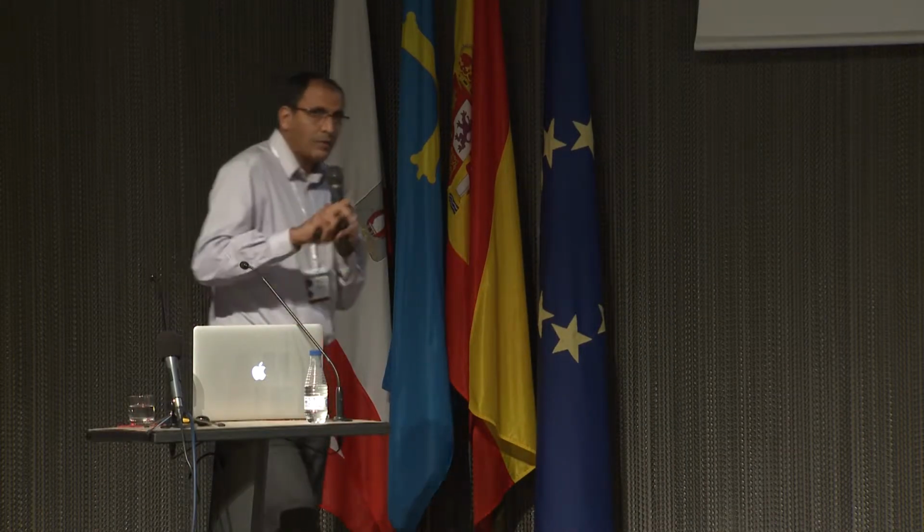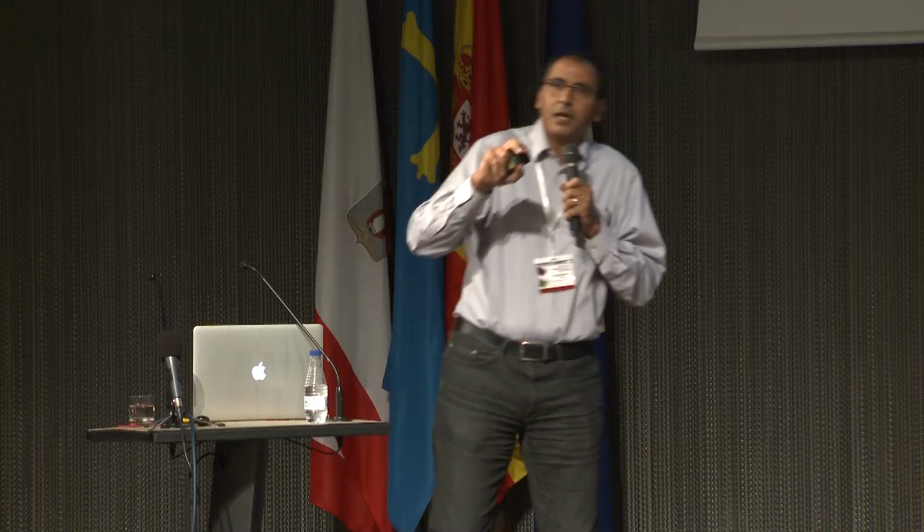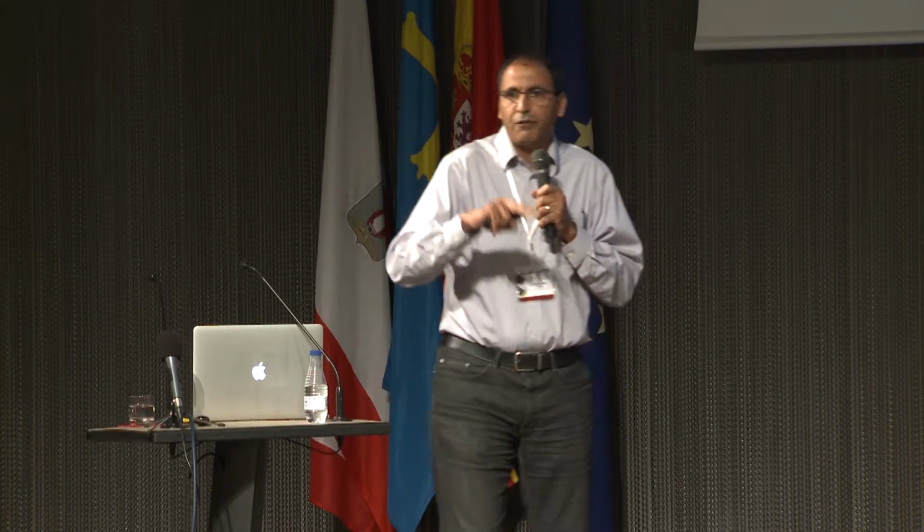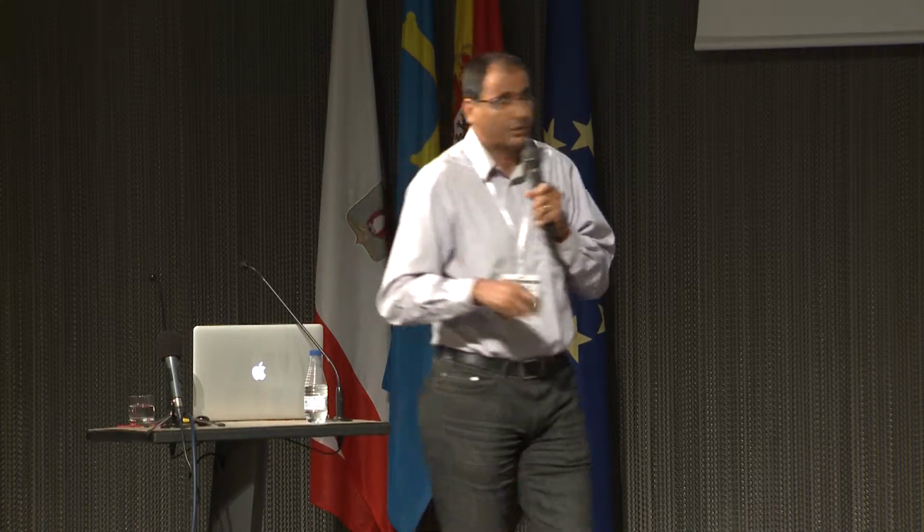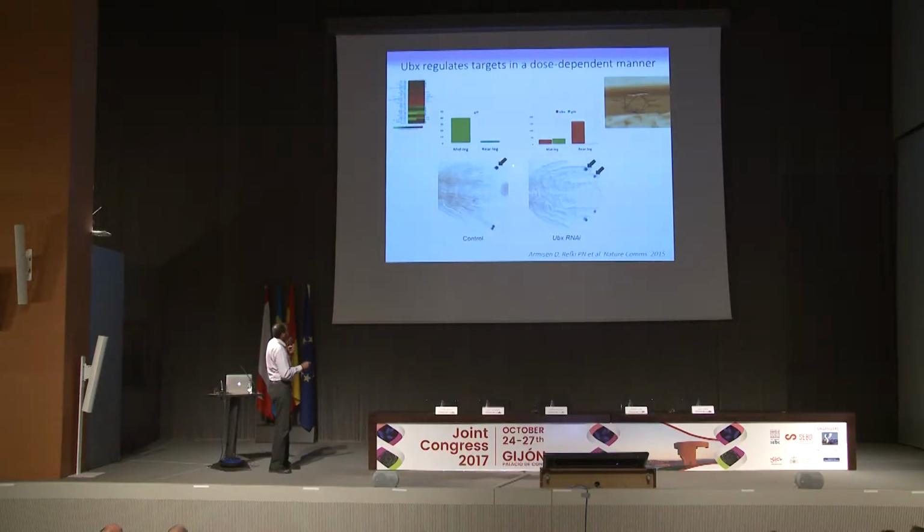So now, how does a protein, according to its level, affect two adjacent tissues in exactly opposite ways? We looked in a little more detail, and we did this analysis where we compare the transcriptome, or gene activity, in the two legs, second and third. What we found is a gene here called GILT that is highly expressed in the second leg and is very low or not expressed at all in the third leg.